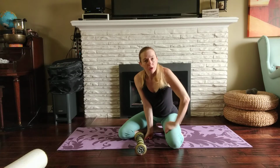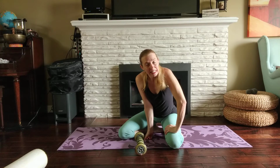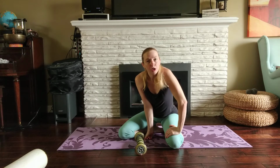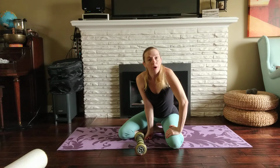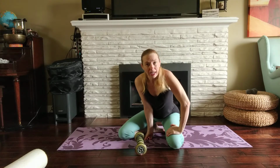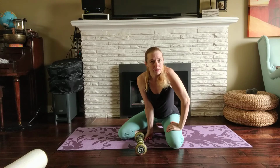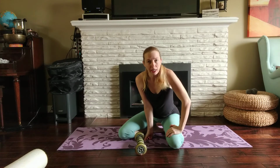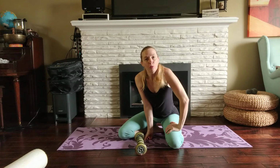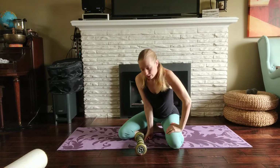And if you find, as we go through here, there's a muscle group that is really tight, go back and do it again after the video, or that's the one you spend a little more time on. If we do something and you didn't really feel it, and that muscle's doing great, just roll it every now and again to check up on it, make sure it's good, and go back to those ones that are really more painful. All right,